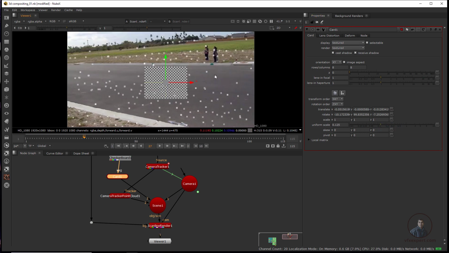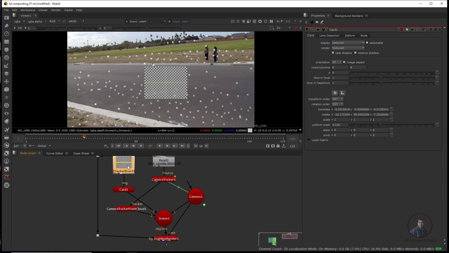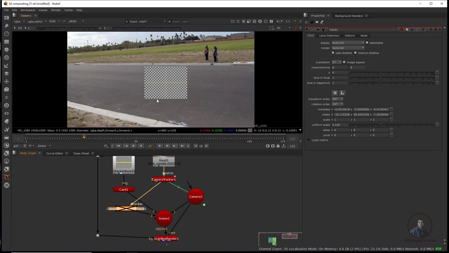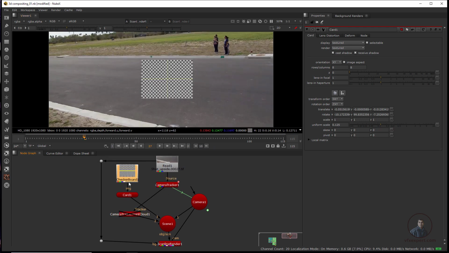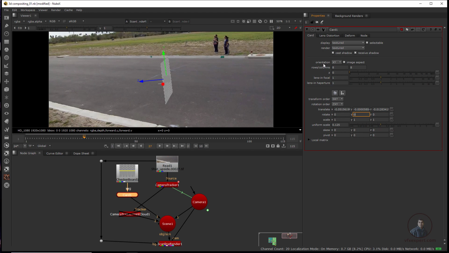Now here what we are going to do, first we will orient our scene a little bit. This card I will use as a reference. So a little bit disable these points because these are our point cloud here. Then select this one and press D, so only the card you can see. Then simply double click here on the card. Now first make all these values 0. Okay, now if you want you can rotate with the help of these values, or from orientation you can also make it ZX. Now you can see.